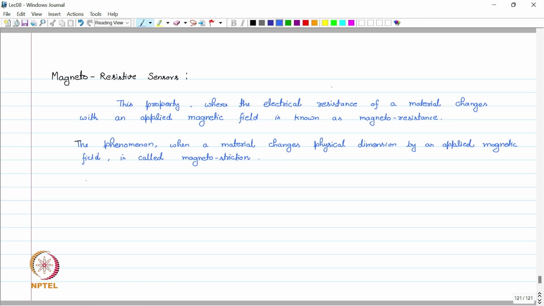And the ferromagnetic materials lose energy to heat from the physical expansion